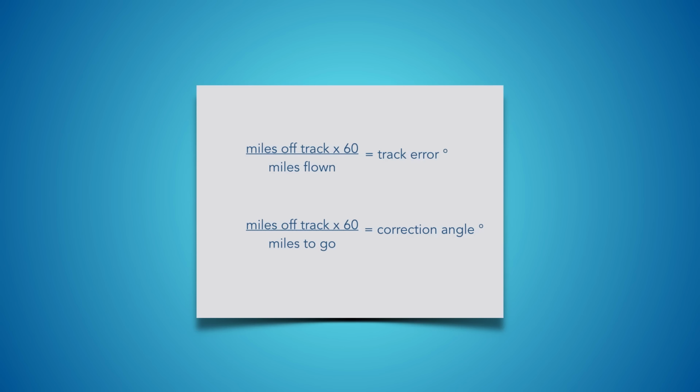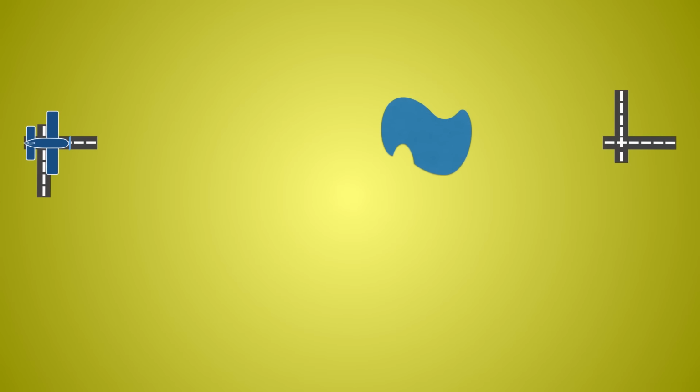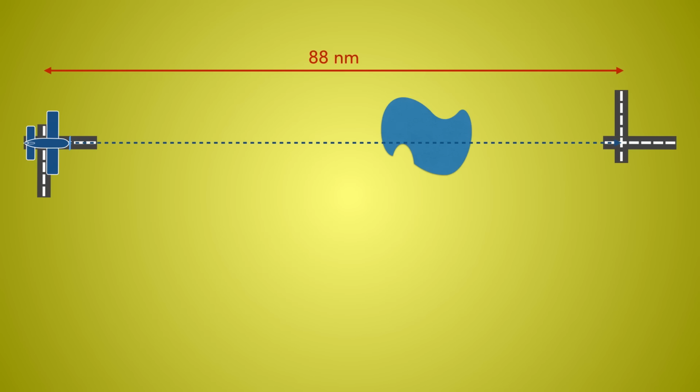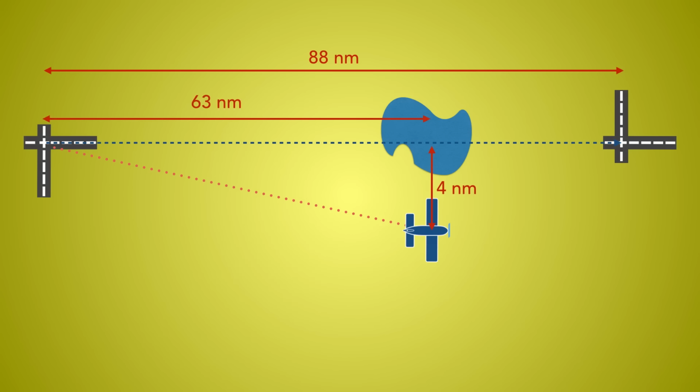In trickier situations, you may use these equations to obtain your track error and correction angle. In this final example, you planned a direct flight that is 88 miles long. The lake is 63 miles out from home and you find yourself 4 miles off track to the right of